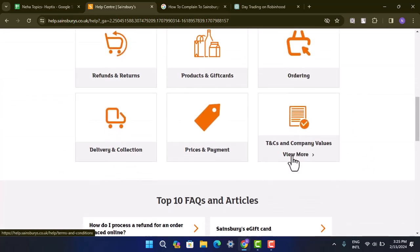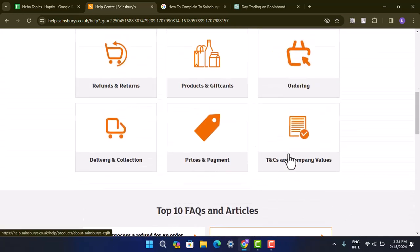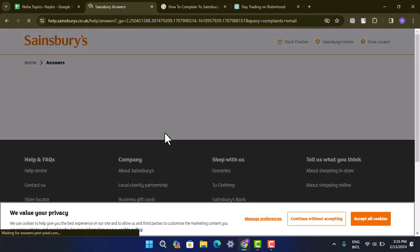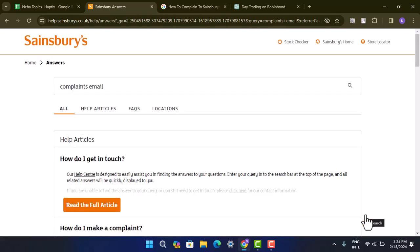So what you'll have to do is just go ahead and scroll down a bit and you'll be able to see this. Just go ahead and type in file a complaint. So you'll be able to see this option as complaint email, and that's going to take you to the page where you can actually go ahead and type in the information. After that you can just go ahead and read the full article and follow the instructions and accordingly do